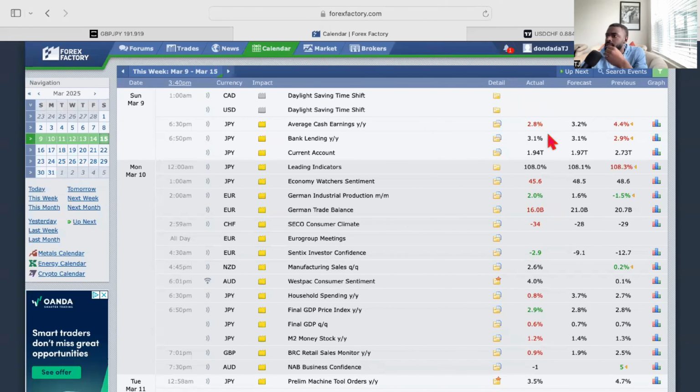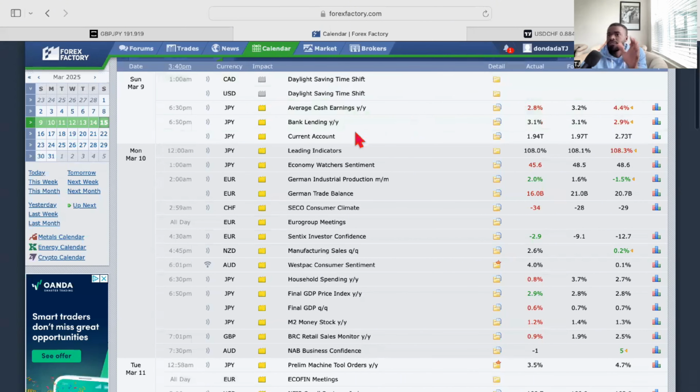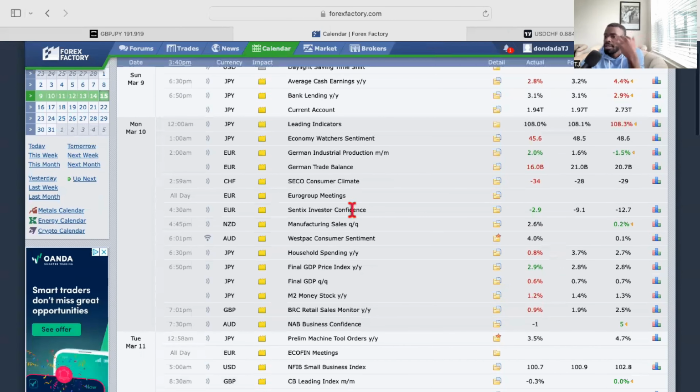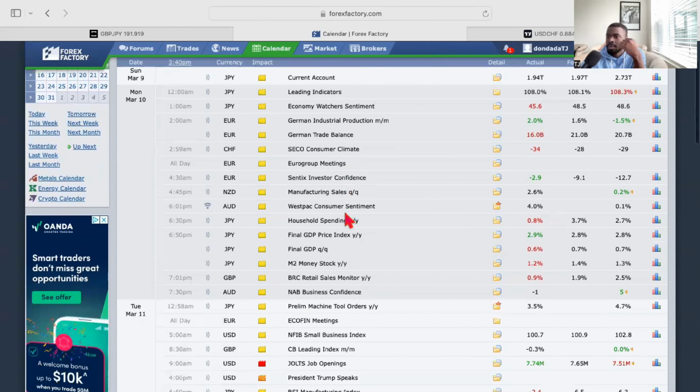All right, let me hide this. So this is the Forex Factory calendar right here. This is where I get all of my data. It's a free website. I use it to get a better understanding of what assets are going to be moving, when they're moving, and how to make decisions on the positions I plan on taking. So we can see here, this was Monday, March 10th,